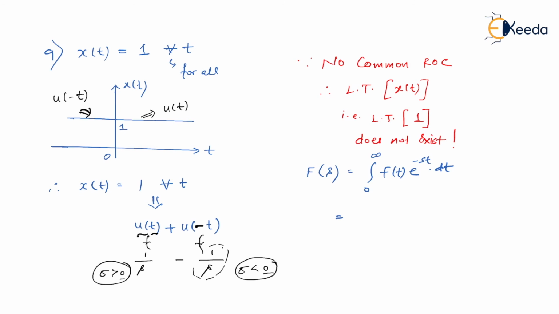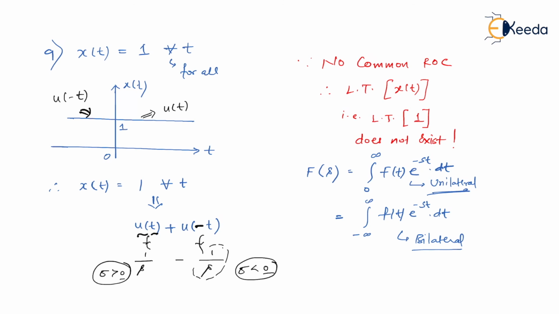And the one that we have learned is not this, but it is from minus infinity to infinity F of t e to the power minus st dt. Am I right? So this is what we call bilateral. Bilateral because we are covering both the sides, that is the left hand side part and the right hand side part. And the one which you have learned in mathematics was a unilateral Laplace transform.